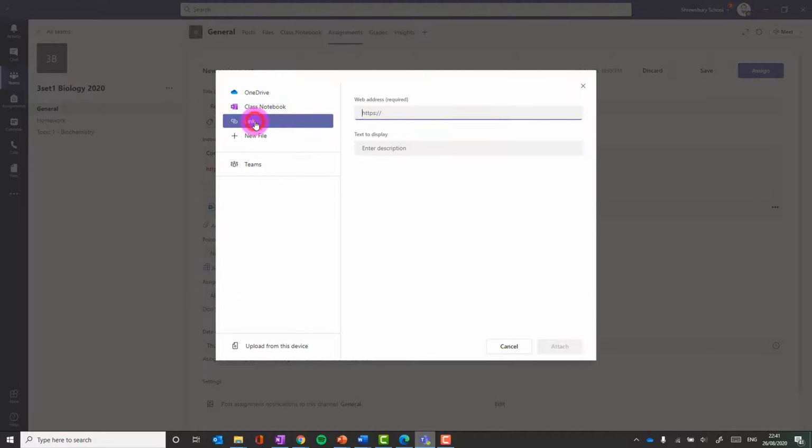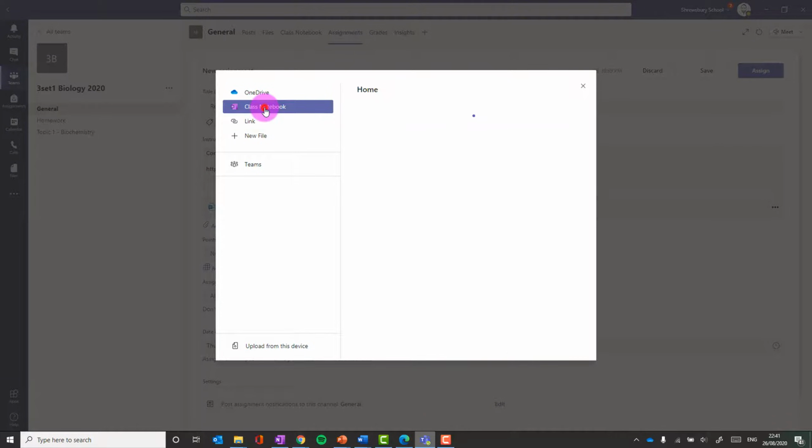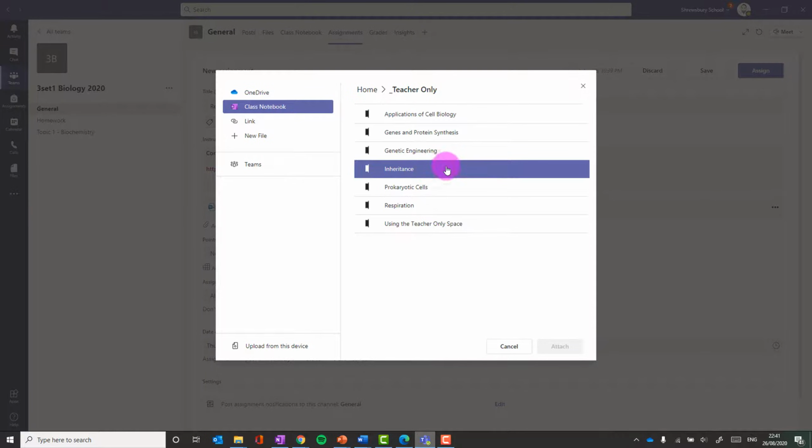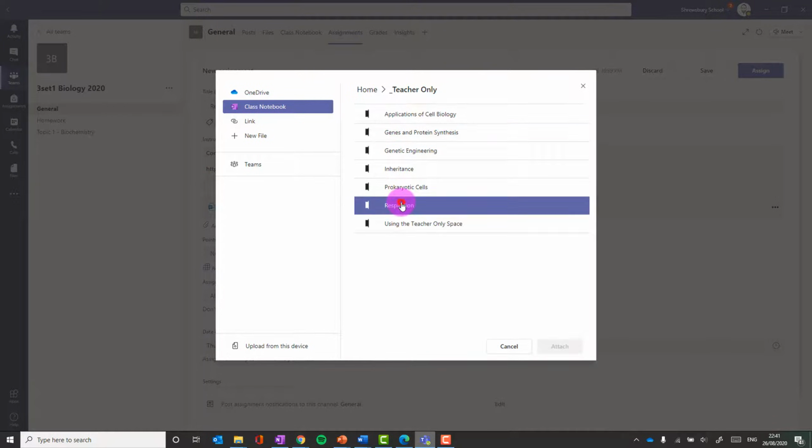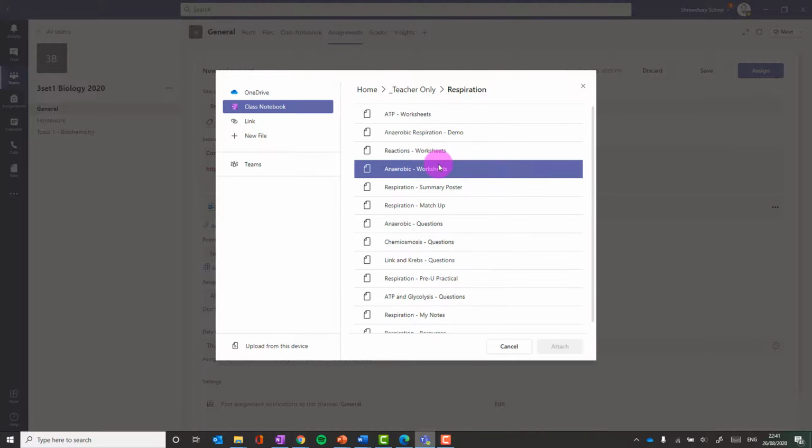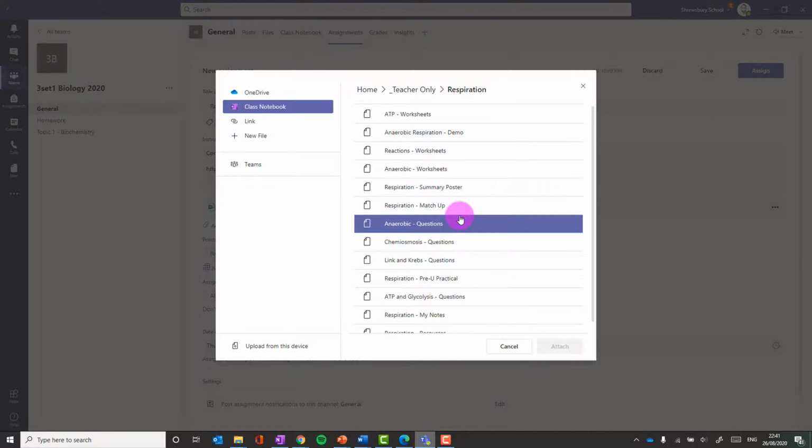So I can add a link again, if it's a video, for example, an external link, or I can add a page from my class notebook. So this takes me into my class notebook, and actually I can say, well, I've got a page in my teacher only section where these respiration questions are. Okay, so I'm going to find that page,